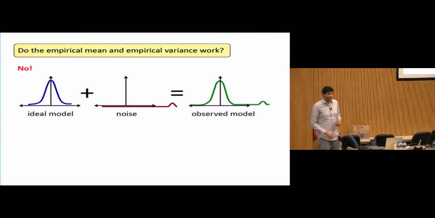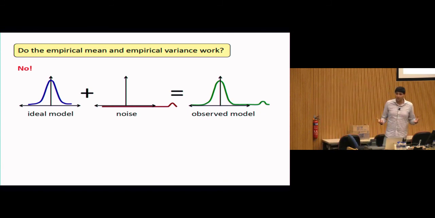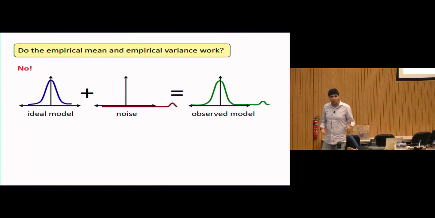if he moves that bump further and further along and sends it to plus infinity, then the empirical mean is going to plus infinity. The empirical variance is going to plus infinity too. So these are in no sense a meaningful estimate for your original parameters. In fact, it's the worst possible thing you can imagine, because a single corruption means that you lose all your guarantees for your estimator.